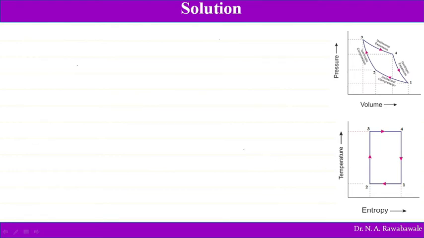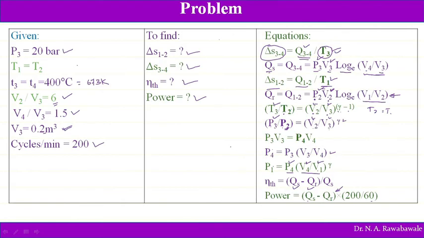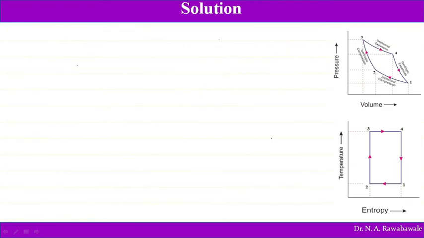Very first, to find out delta Qs, 3 to 4, we have to find out Q34, and to find out all this, first we must know PVT values, PVT relations. First we will concentrate on PVT relations, and then afterwards we will see how to solve the things which are asked of us.